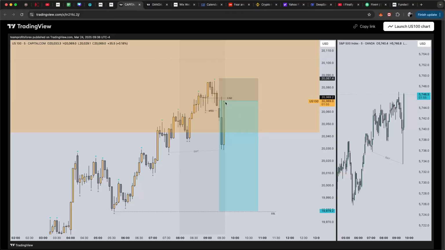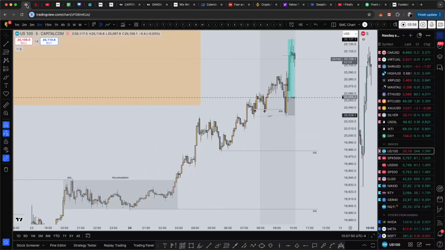Fine, cool. At that point, remember, I was kind of going against my bias-ish, because my daily bias was bullish. However, I know that a little bit of sells are probably going to be coming in during New York, because all we did is push up during Asian session and London session. You see, this movement over Asian and London session kind of messed up my bias a little bit. So anyways, I had to try that sell to see if I could catch at least some of the pullback.